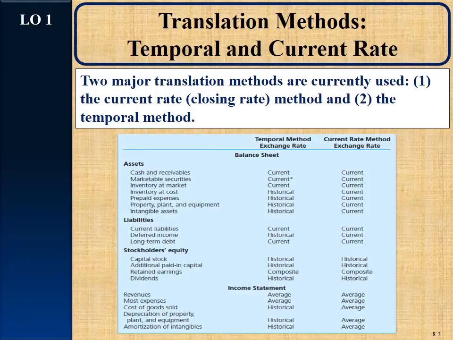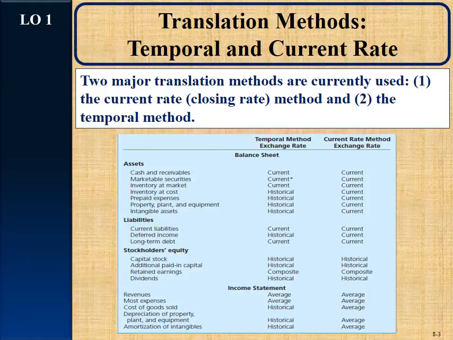So depending on what method is used will determine whether you use the historical exchange rate or the current exchange rate. Now, what's the big deal there? Well, a lot, because the date of a transaction, we say, oh, that's historical cost, right? So in a foreign currency, that's a historical cost. But at the balance sheet date, that historical cost may or may not still be in place because foreign currency exchange rates change over time,